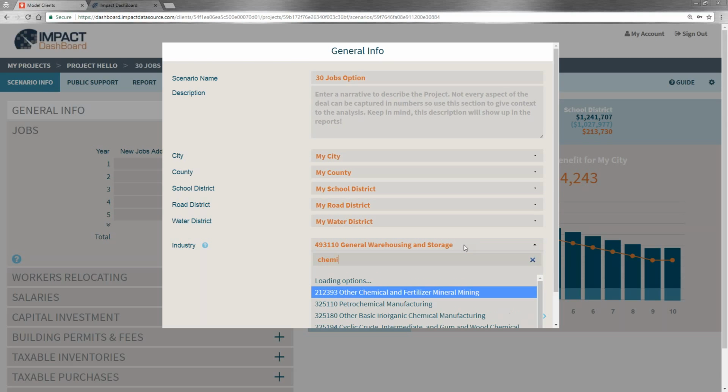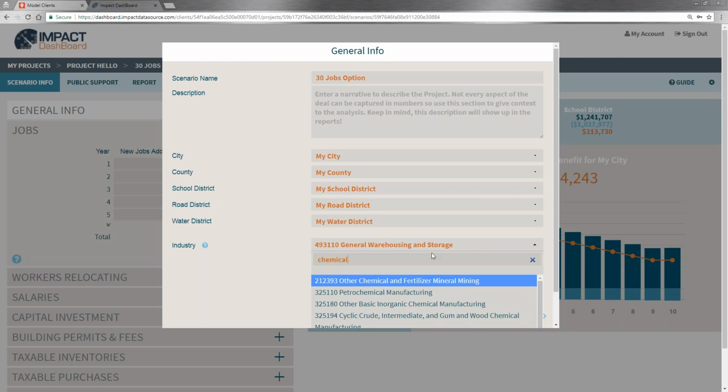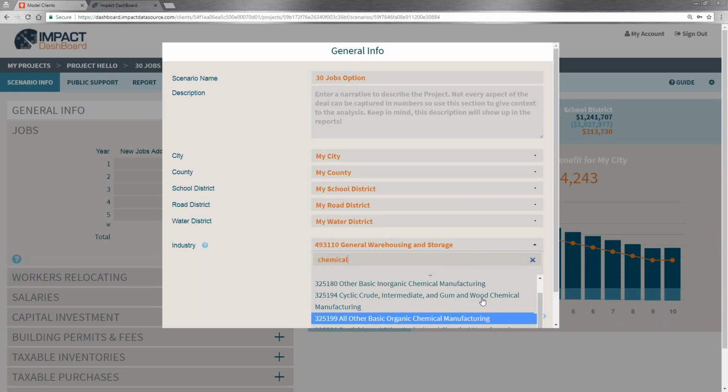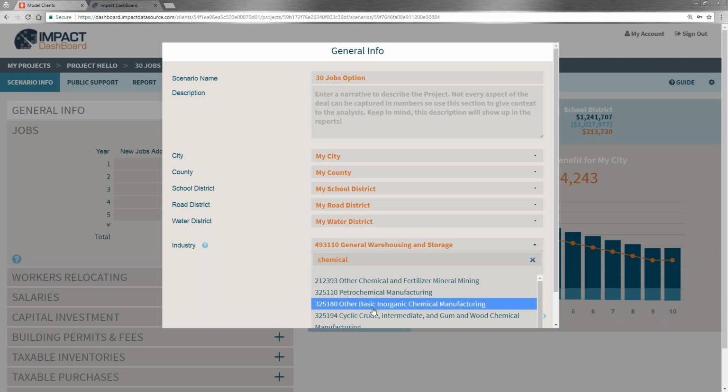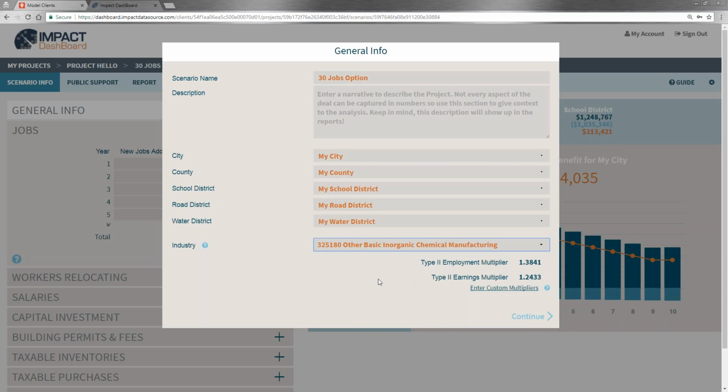We can start typing that, and we can see that we start getting a couple of different options based on what we've written there. And I believe it was other basic inorganic chemical manufacturing. That is going to give us multipliers here, in this case an employment multiplier of 1.38. What that means is that for every direct job that's created in the community, there's going to be 1.38 total jobs. So that includes the one direct job as well as the 0.38 spin-off jobs